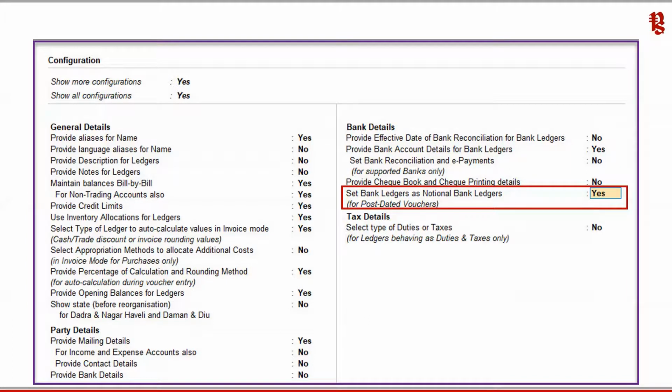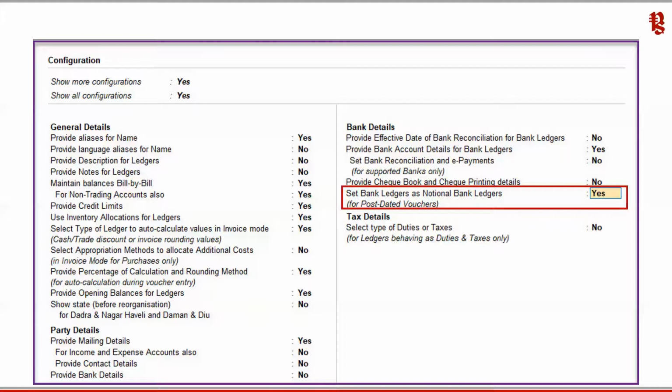So instead of holding it without passing the transaction in Tally, the banking module gives you this facility where you can create a notional bank. A notional bank is like a virtual bank. You just create one suspense bank, you can call it as. You create one suspense bank, and then you start capturing the transaction of your receipt entry for post-dated transactions, and instead of putting it in any of your actual banks, go and put it in this notional bank. And you will get a report when we go into the banking module.